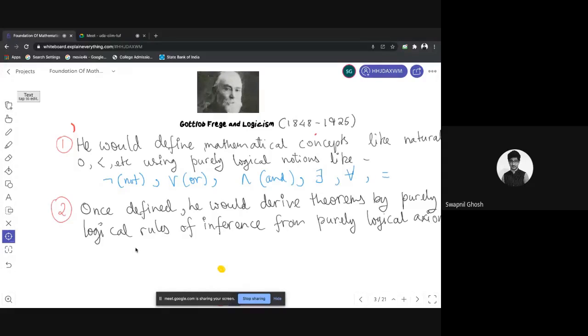Now, what do we mean by logical rules of inference and logical axioms? Well, I'll come back to this. But his program, although quite comprehensive, actually failed. In fact, the story goes that after he had sent his book for publication,